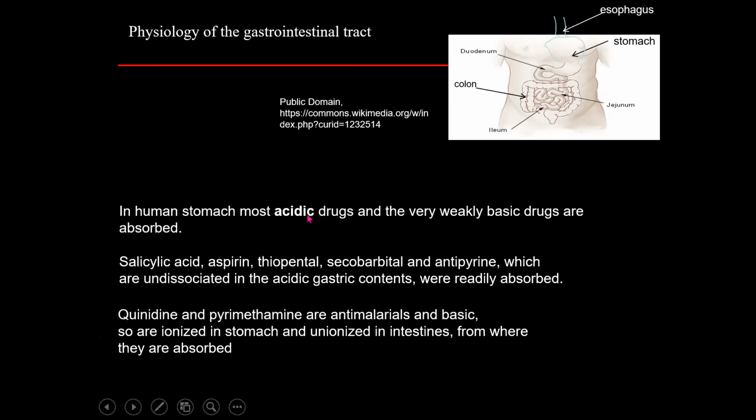In the human stomach, mostly acidic drugs are absorbed, like salicylic acid and aspirin. If we have a headache, we take aspirin and it gets absorbed immediately. So they are all called fast-acting drugs. If you have to design a fast-acting drug, like when I get a headache and it should work immediately, we should design more acidic drugs so that they will quickly get absorbed. Otherwise, most of the basic drugs will get absorbed in the small intestine, which may take a much longer time.